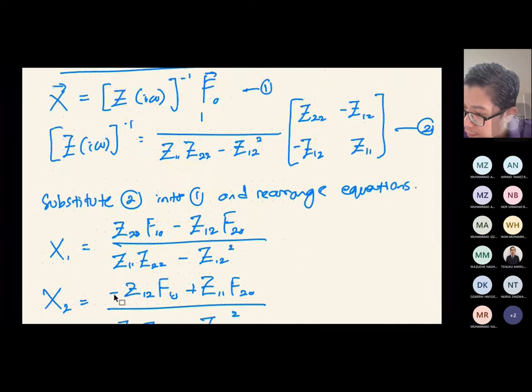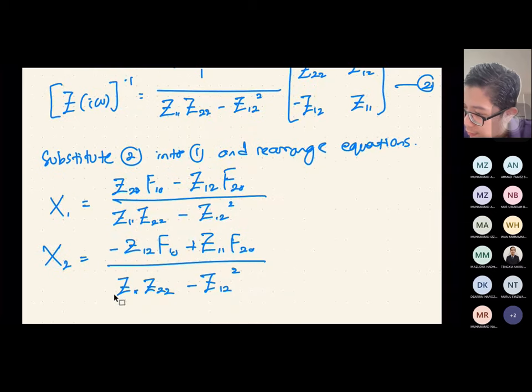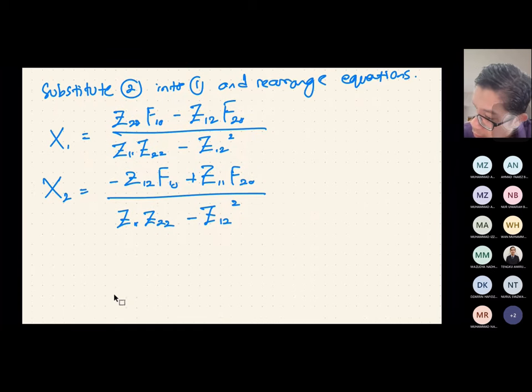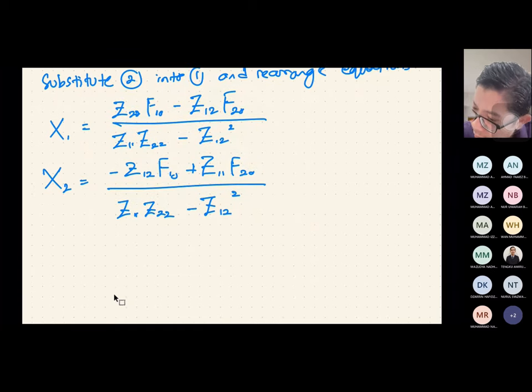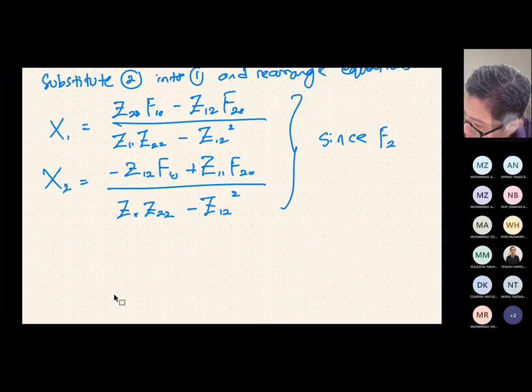Now, since kat sini f20 ni tak ada, so boleh buang je. Okay. So dia akan jadi ni, so since f20 equals to 0, right? So kita boleh tulis balik lah. Okay. So tulis balik